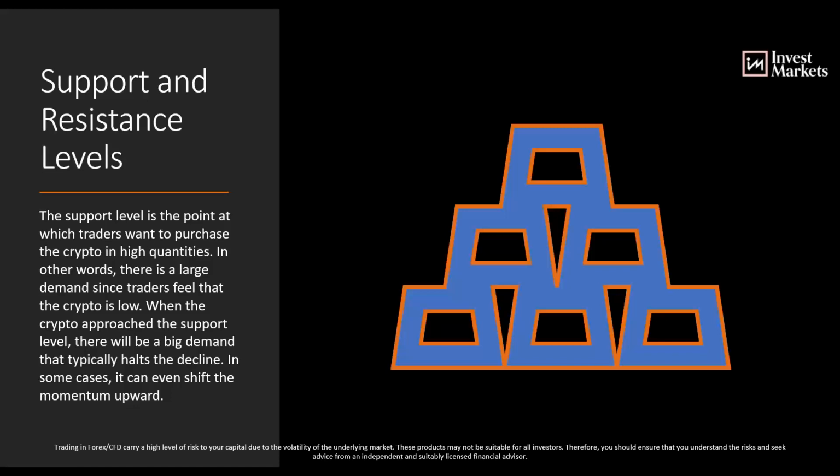Support level is the point at which traders want to purchase. You want to buy cryptocurrency when it hits support. Now, if price had moved up 33, 34, 35, and we knew that 35 was an important level, every time it got up there, it bounced off and fell back down. That's not your support level, it's your resistance level. When it hits that resistance level, it's most likely going to come back to its next support level.